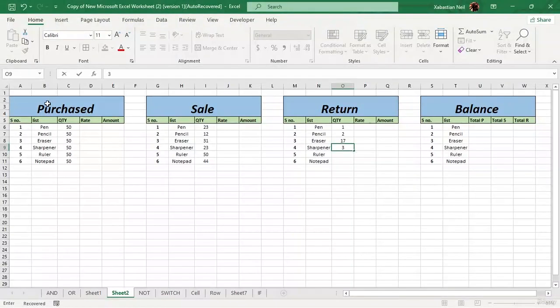Welcome to another lesson of Microsoft Excel. In this lesson, we're going to show you how you can make an audit report. First off, we're going to learn about what an audit report is and why it is done in Microsoft